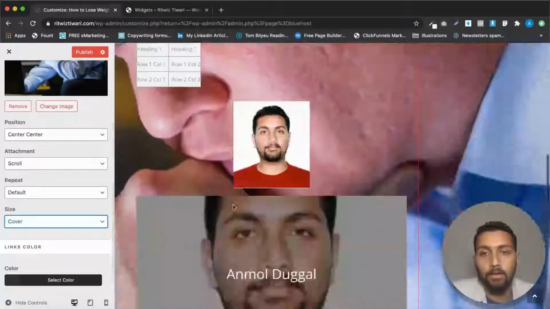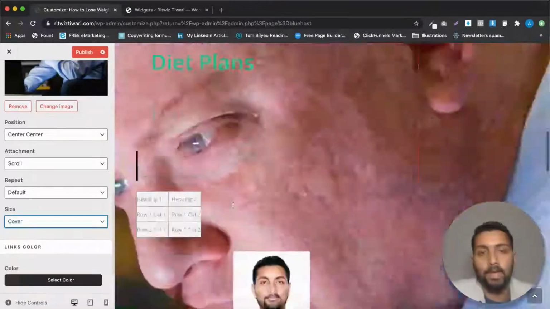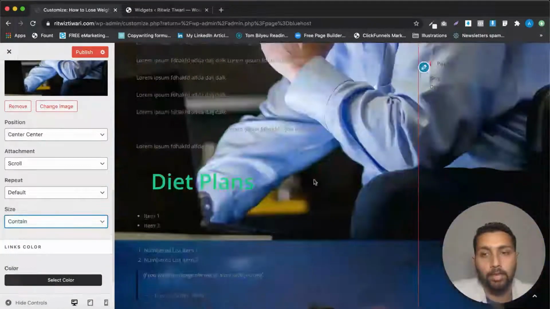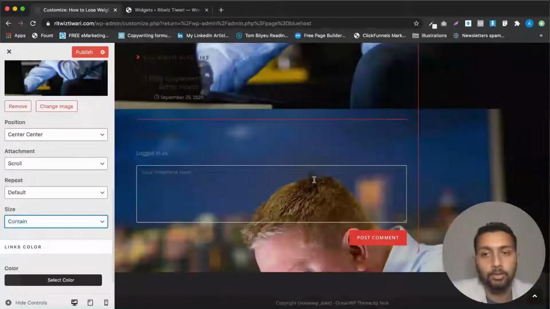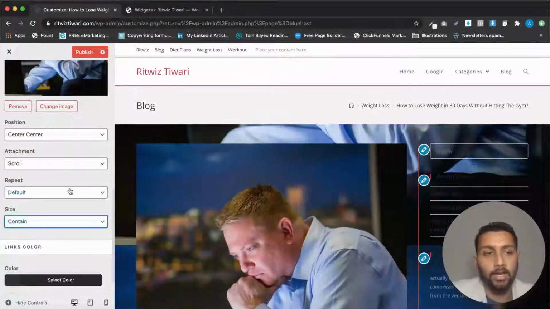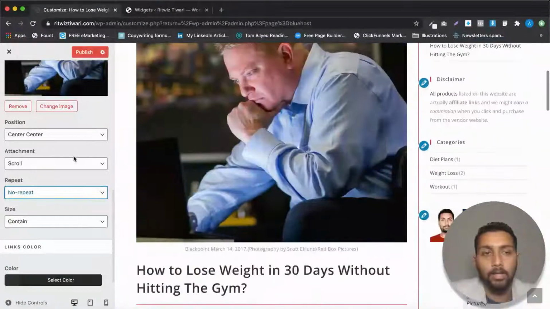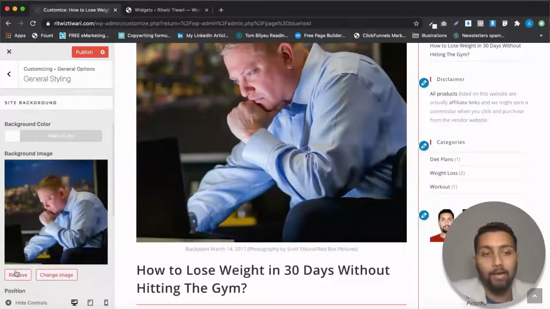When I select cover, it has covered the entire page. And if I click on contain, it will get back to normal, right? So the actual size repeating itself again and again. And if I click on no repeat, then it will just come in the center part. Okay, so these are the options that you get when you choose a background image, but now I'm going to